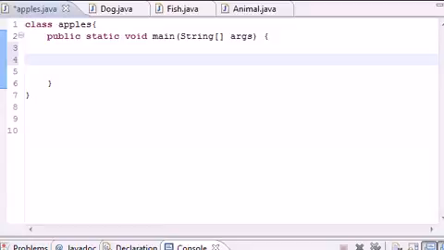What's going on, guys? Welcome to your 61st Java tutorial, and this tutorial is probably going to be the last tutorial for now on polymorphism. In the last couple of tutorials I told you guys about the concepts of polymorphism, and I